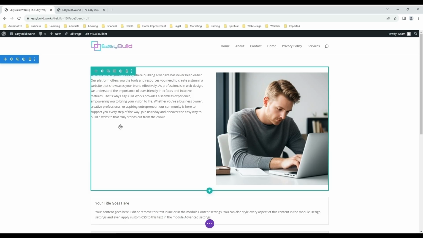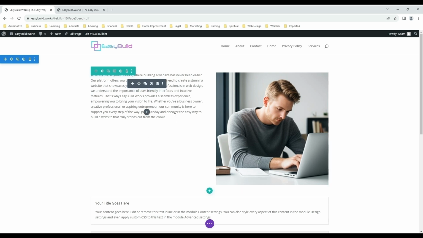Now what we can do, I'm going to show you, this obviously takes some time and planning to think of how you want to design and lay out the elements of your website. If you're like me and that takes a while and you're in a hurry to get your business website up and going, I would highly recommend one of the pre-built layouts. So what we can do there,